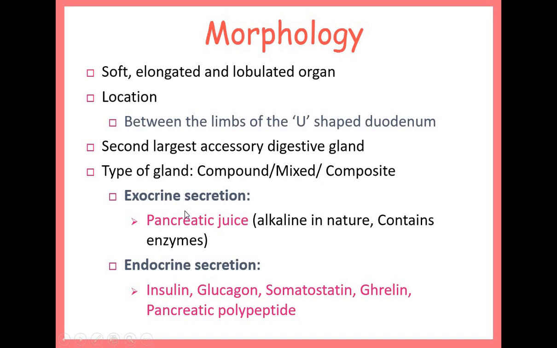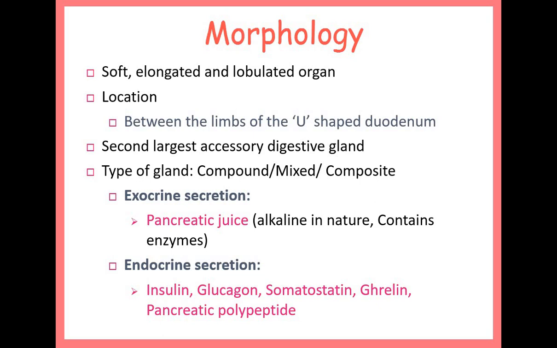So 50-50 importance that you can consider, right? There are many structures in the human body which have both types of secretion, like exocrine and endocrine. But if it comes to a very good example of a mixed gland, then definitely your first answer should be pancreas.